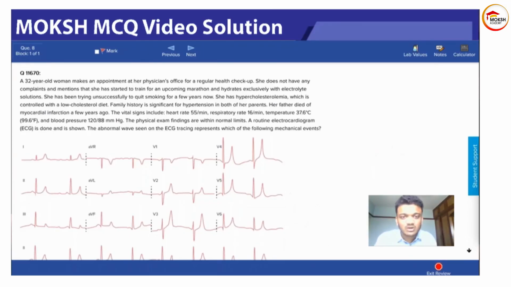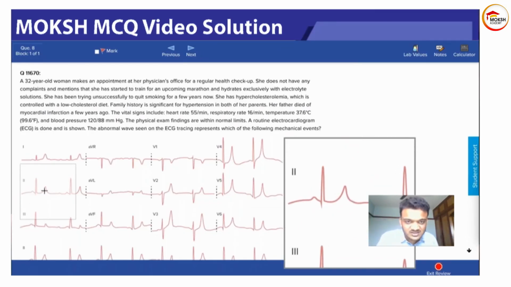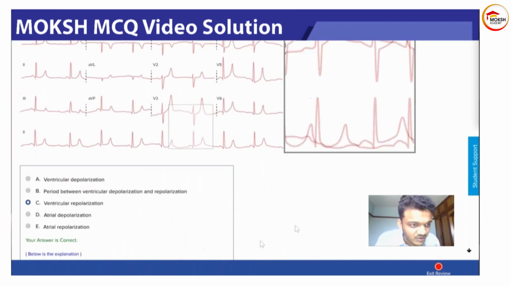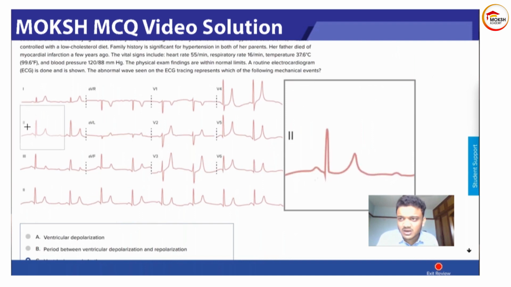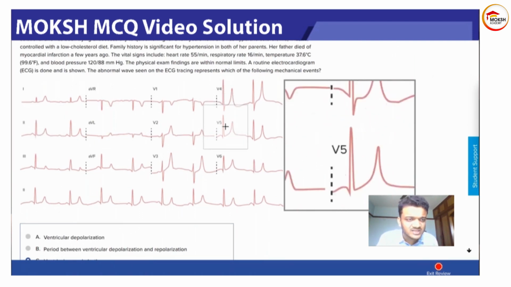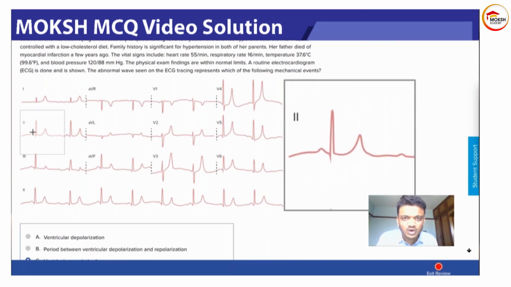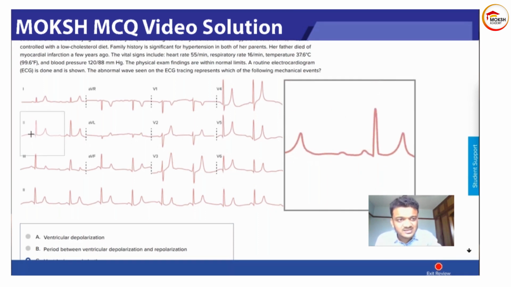Yeah, so here they were asking about a pathological wave and what it represents. This was the easiest question. What is the pathological wave? Let's see. Whenever you see an ECG on your Step 1, always look at lead 2 first. Lead 2 should be as normal as you have learned. Don't move on to V4, V5 and stuff like that. Just see lead V2. What we can see is